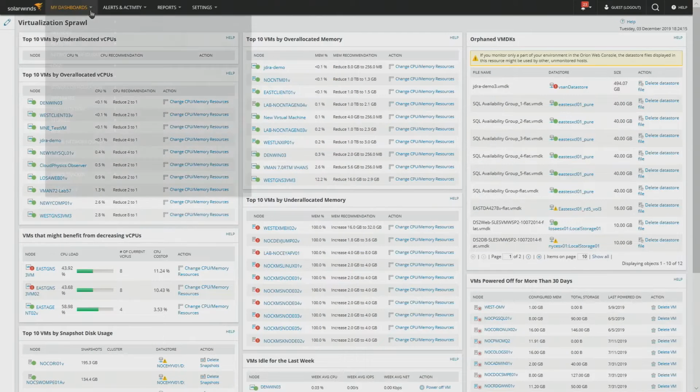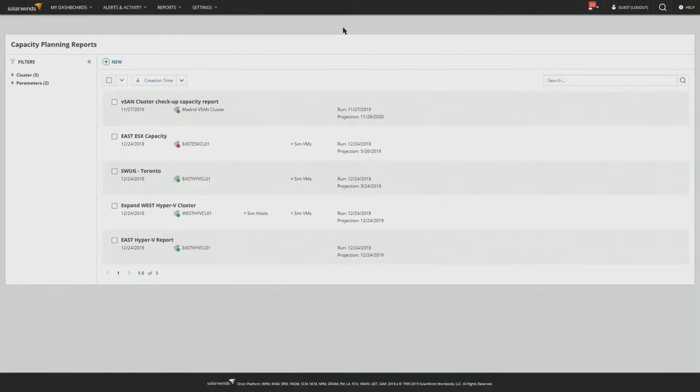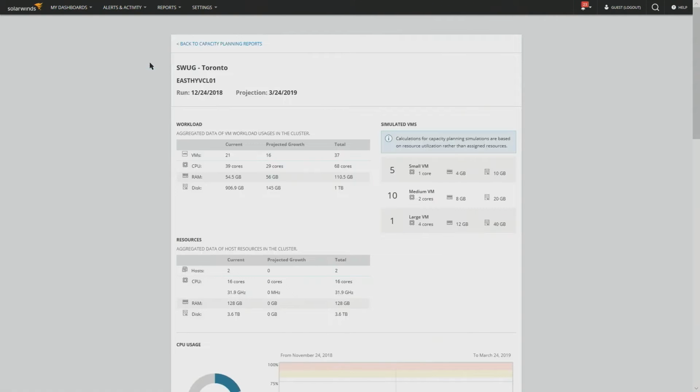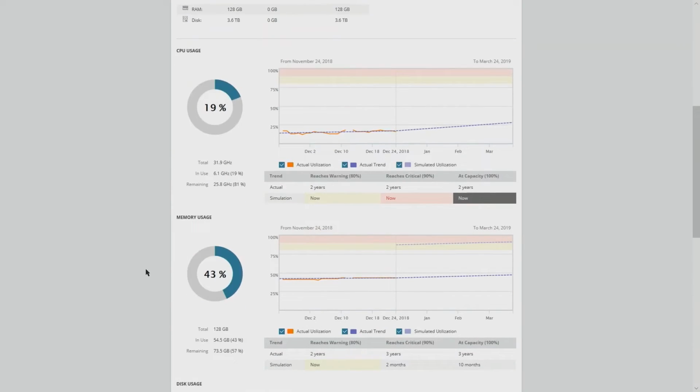So if we want to look at the future, we can actually look at the capacity planning. So what does it look like today? What's it going to look like in a year? What's it going to look like in 2 years based on what I have and how I want to build that up? And what I love about that is we'll take storage into account. So vSAN cluster, ESX capacity, one we've built out for one of our user groups to show this live. And being able to actually see this stuff and see what it's going to look like in a year if we add a number of VMs, and then back that up with actual data. Right. And say it's going to go up this much CPU, it's going to go up this much memory using